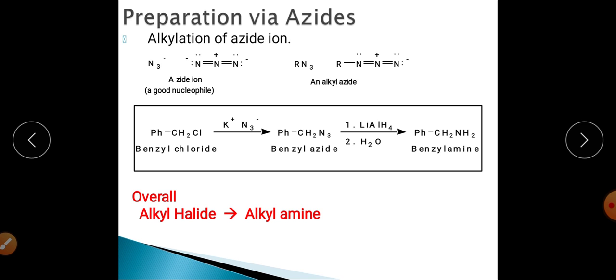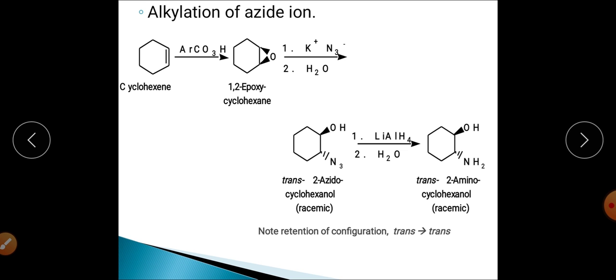And whatever the limitations we were facing during the direct alkylation method, those limitations can be overcome by using this reaction. So this is the alternative way. This is a much better way in comparison to the direct alkylation method, which we have discussed earlier. This is another synthetic route, showing how we can draw the schematic route for preparation of this particular amine by